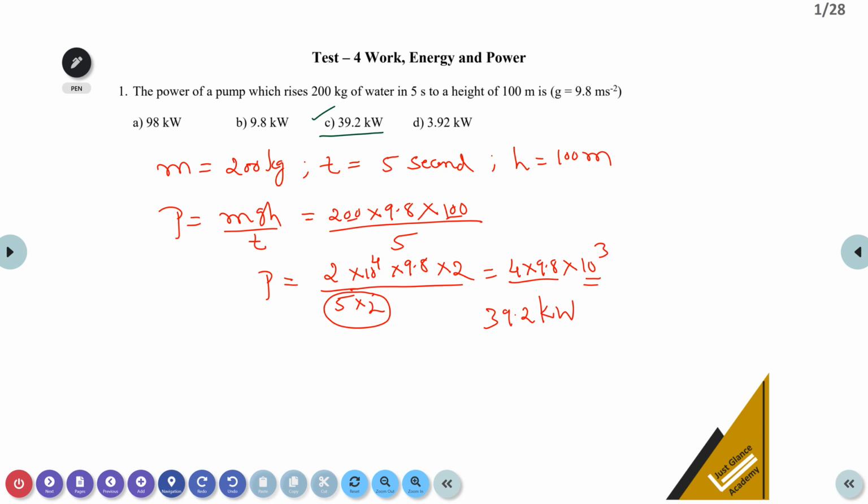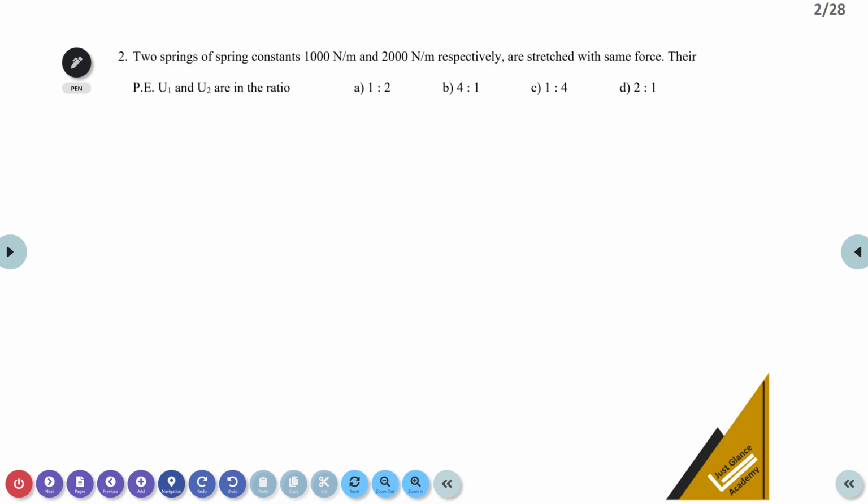Here the detailed problem is not required, because the options are somewhat confusing. There is 39.2 here and 3.92 there. This is not possible. The probability is either C is right or D is right. But the final answer is 39.2 kilowatt. Next. Two springs of spring constant 1000 Newton per meter and 2000 Newton per meter respectively are stretched